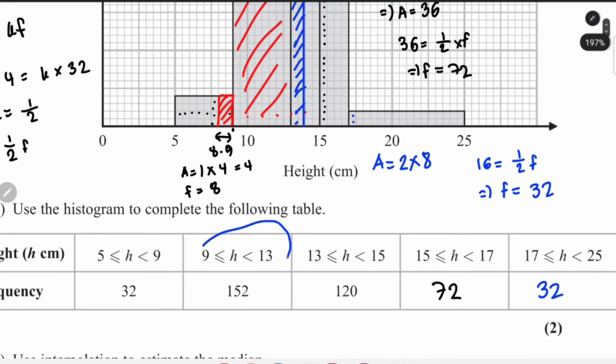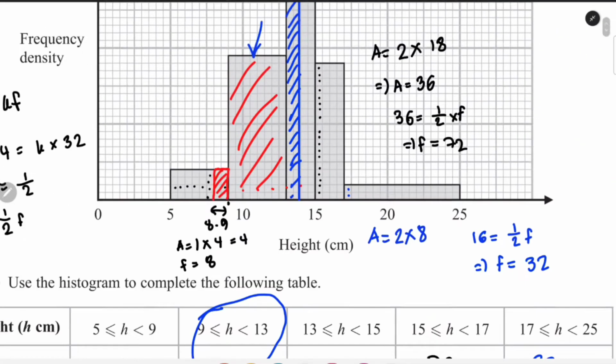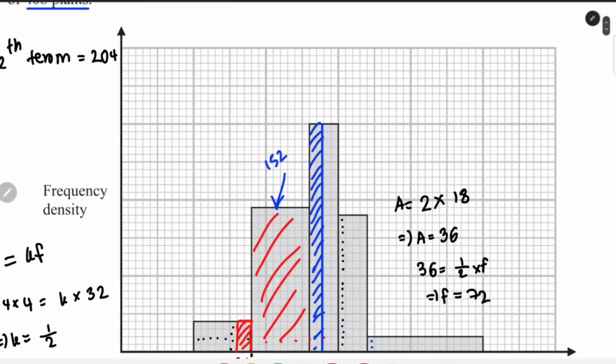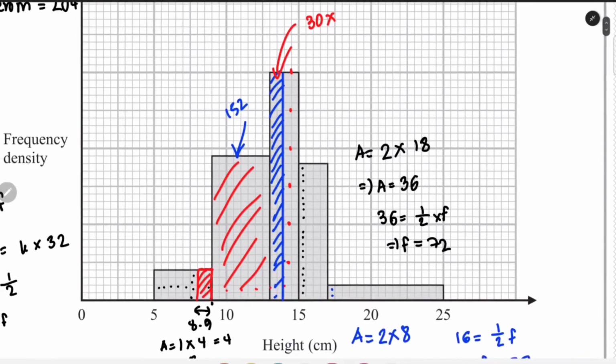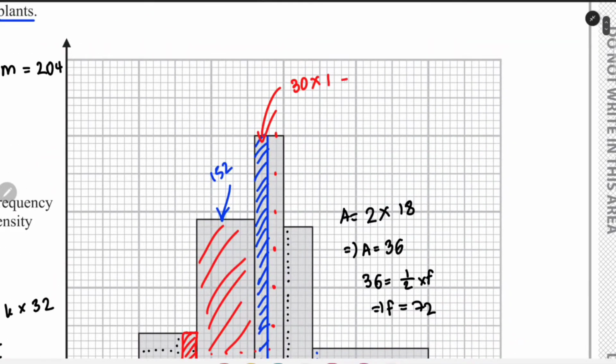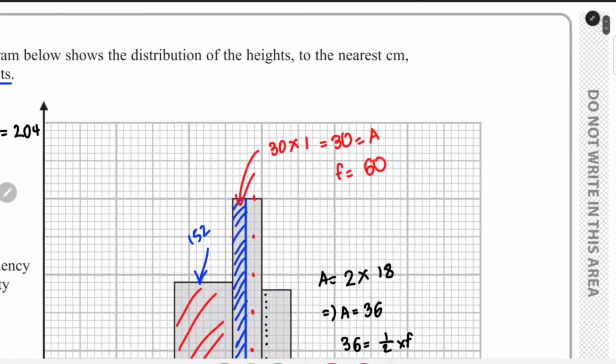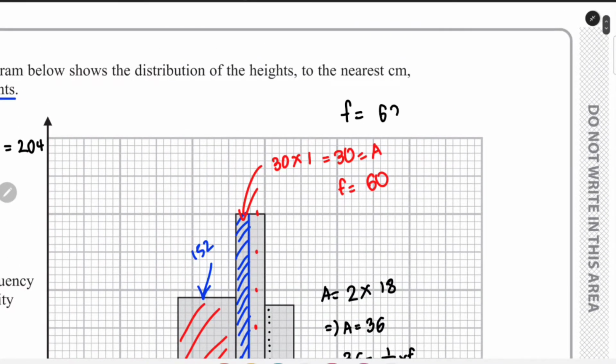is in our range, so this will be 152, and for this part we'll have the height is 5, 10, 15, 20, 25, 30. So 30, and the width is 1. So this is 30, this is the area, so frequency will be twice of that, so 60. So the frequency we need is 60 plus